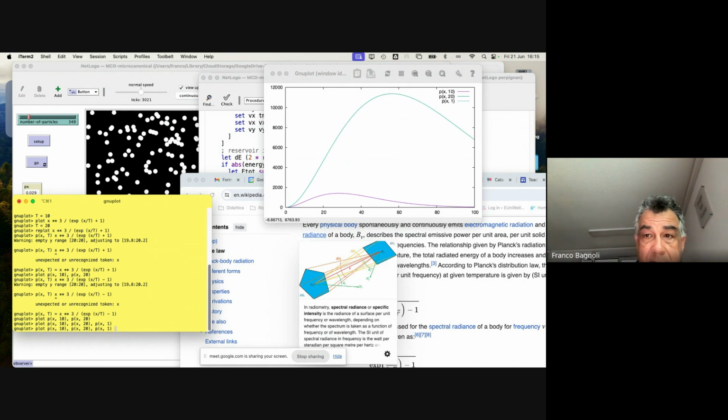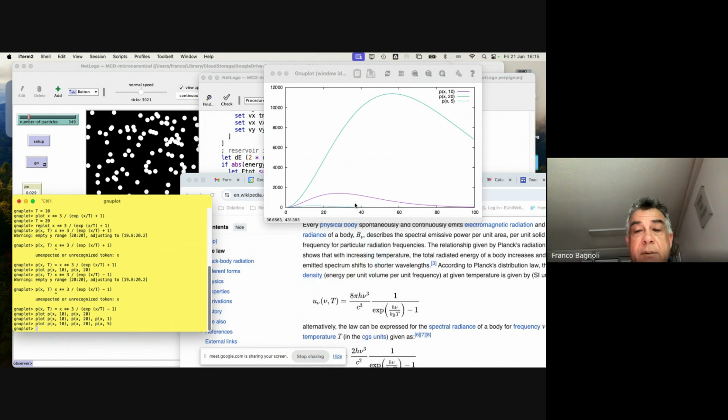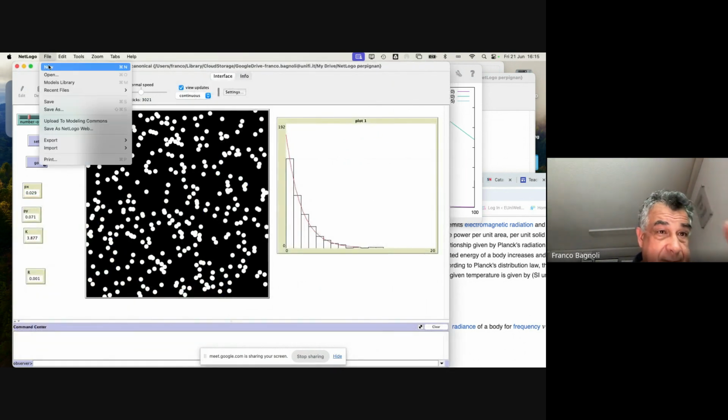Maybe 1 is too small. Okay, it is here, we don't see. And clearly they should be normalized, but I don't need to normalize them. Okay, so let's try to implement a new